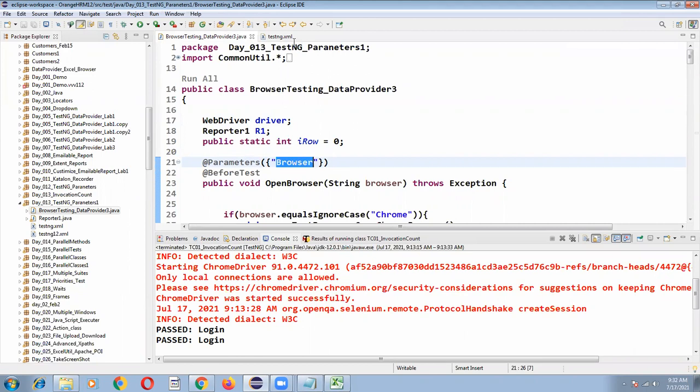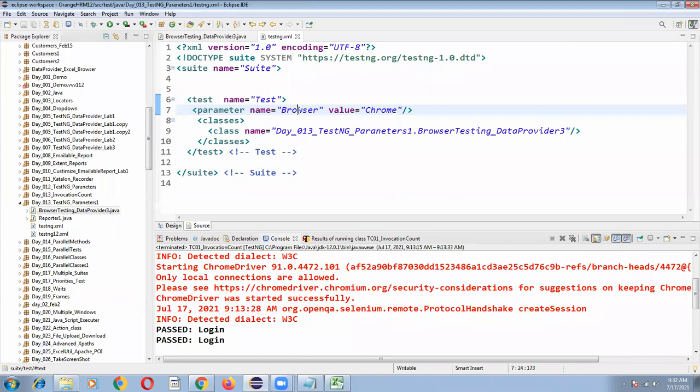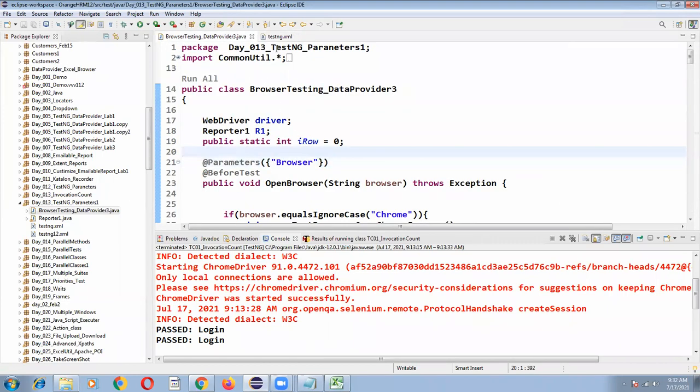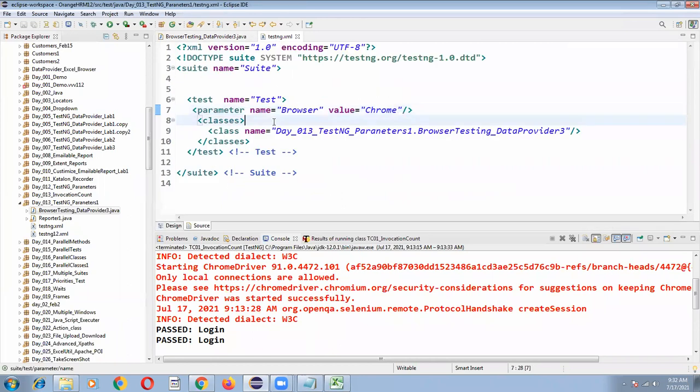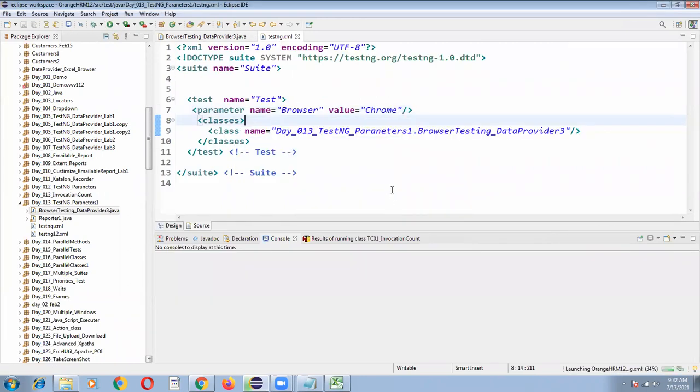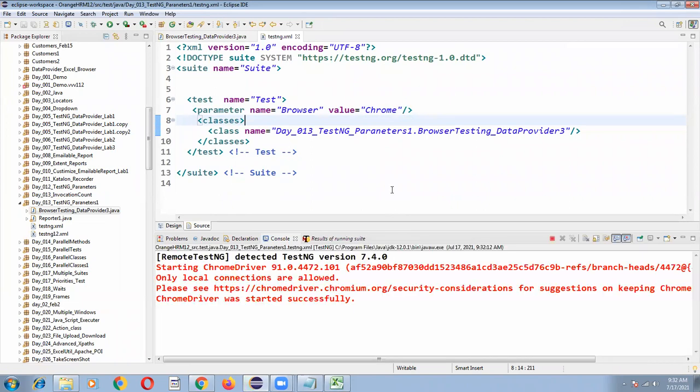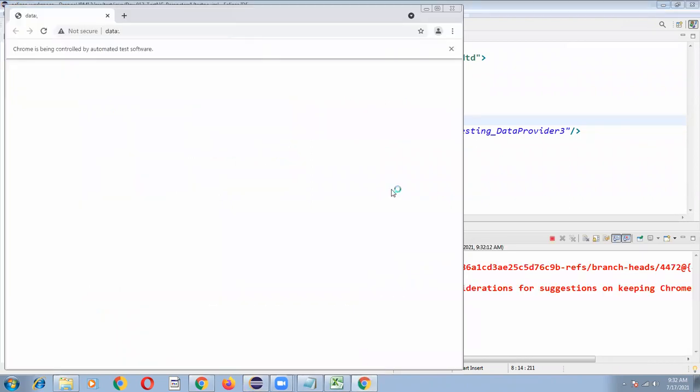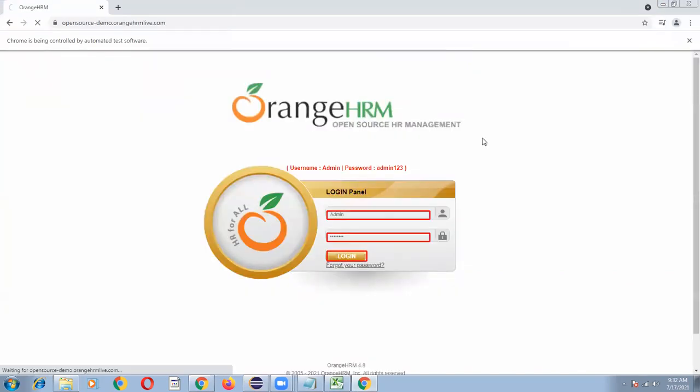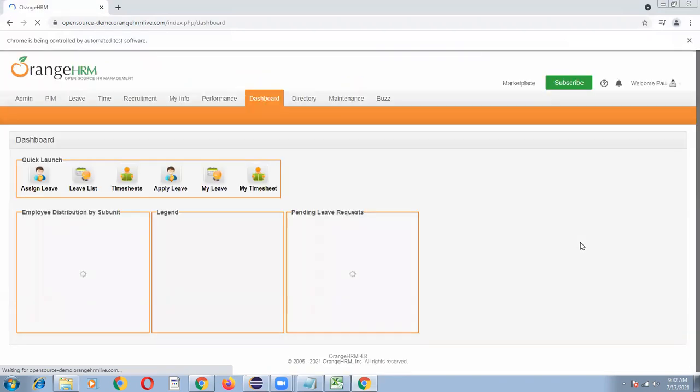You have to execute from testng so that the browser value is automatically passed here and it will be executed. So whenever you are writing parameters, ensure that you execute your program from testng.xml only. This time your first iteration, second iteration, third iteration, fourth iteration, all iterations will be executed in the same session only. Let's check.